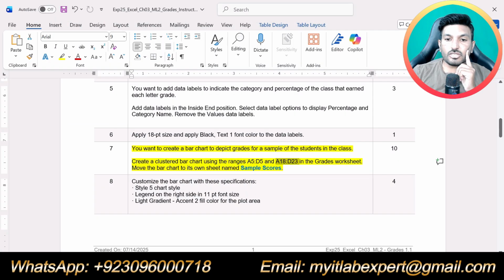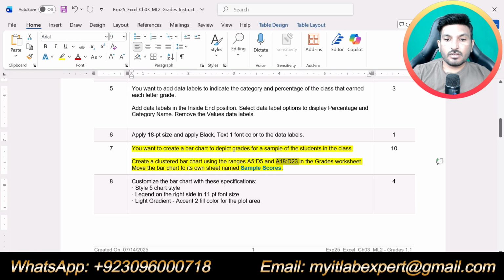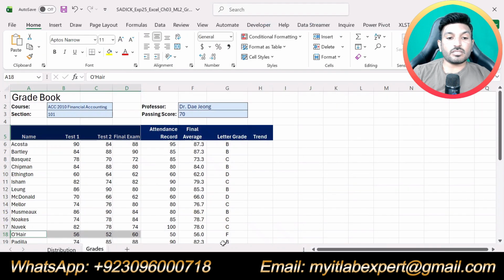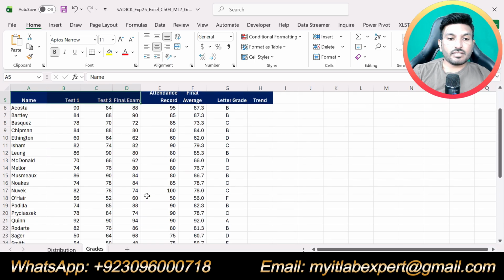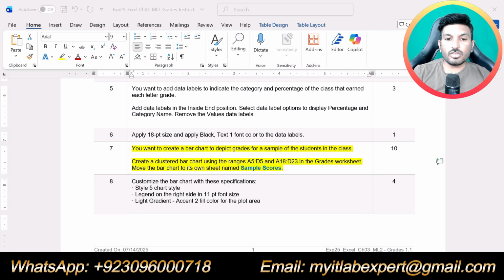After selecting this, we are supposed to select the next range, that is A18 up to D23. So now press and hold the control button and then select A18 up to D23.